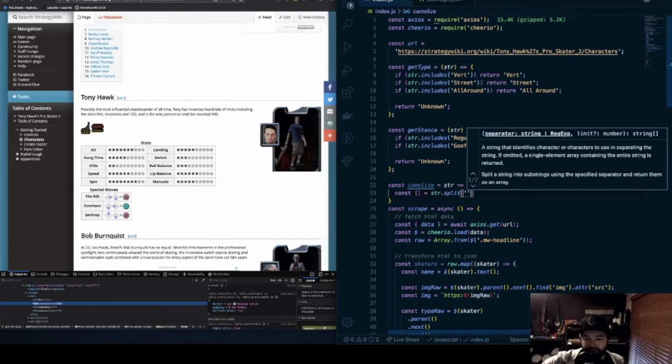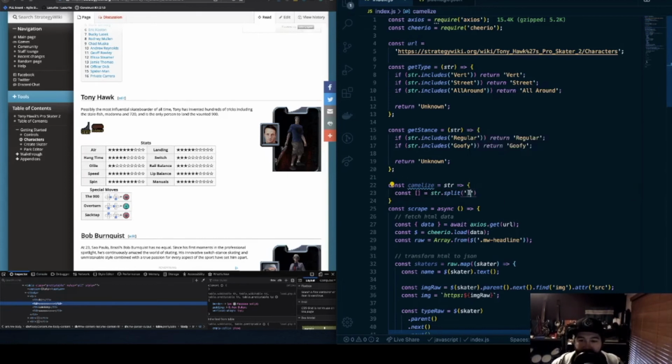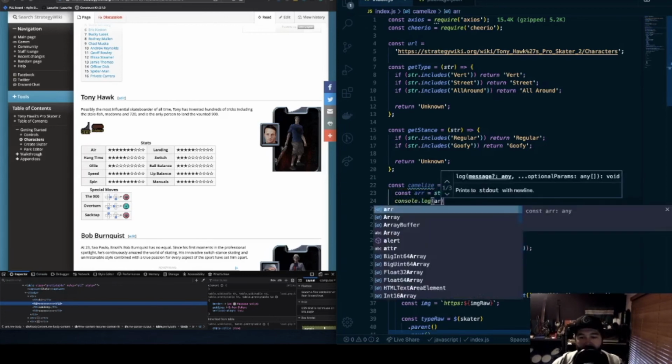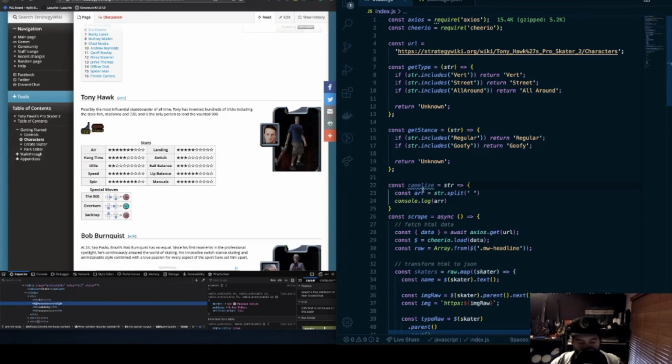So it kind of turns a string of words into an array of separate words. So we want to split on the space character. Anytime there's a space in that string, we want to strip the space off and then move that word into a new index of the array. It's a confusing way of explaining it. Let's just say const array equals string.split that, and then I'm just going to console log out array, and then I need to